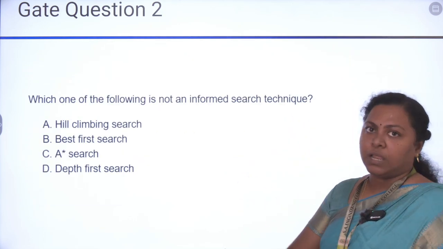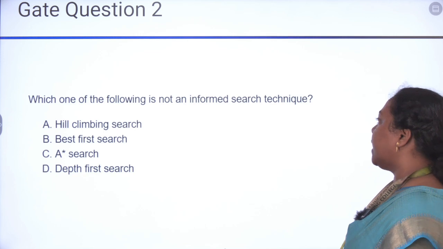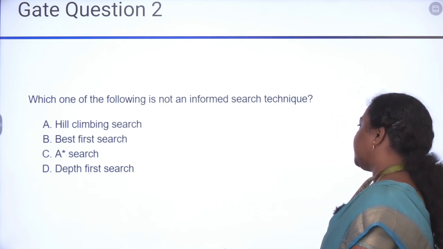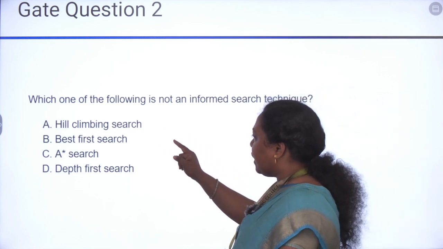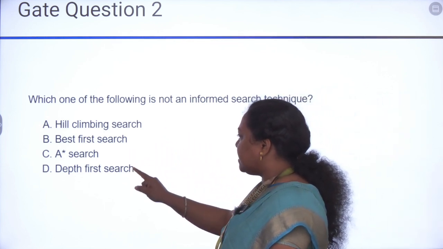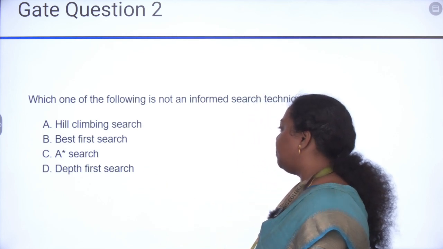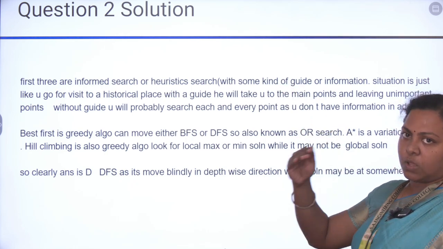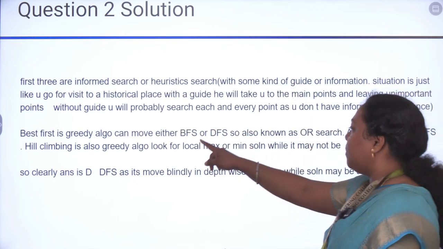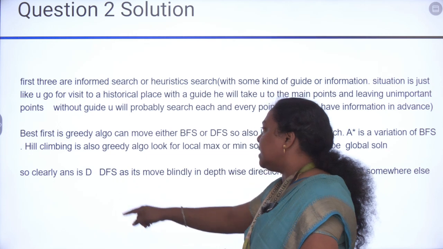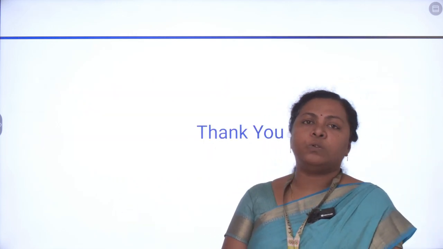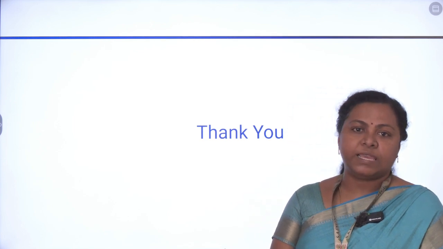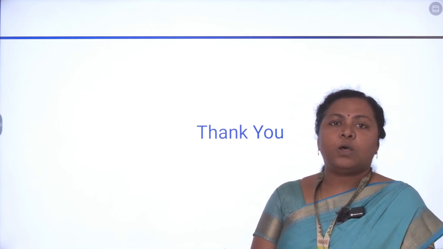Let's go to the second question. Which one of the following is not an informed search technique? The options are hill climbing, best first search, A star search and depth first search. The first three are informed; hill climbing is also a form of best first search, but the answer is DFS. We discussed informed search, greedy best first search as well as the A star search, and I hope you have